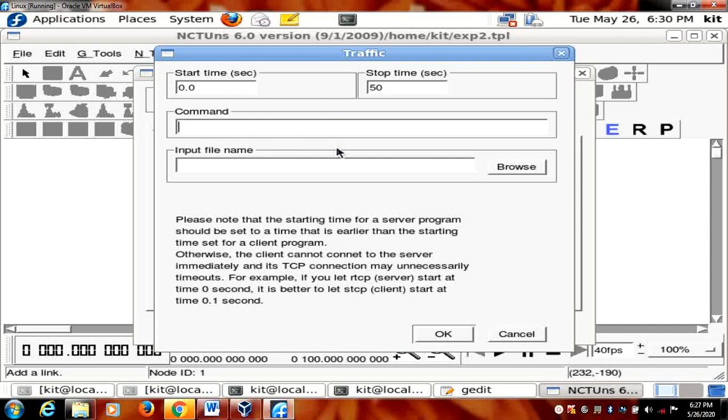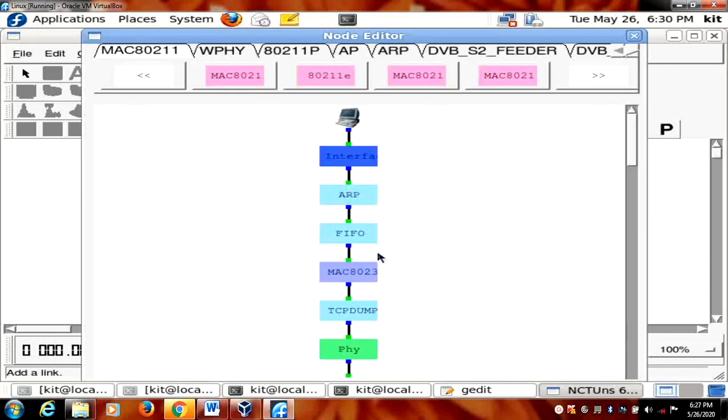So this is a TCP agent, so I will give a TCP command. TCP space minus p space 7000. Again I am choosing the same port address, minus l here space 1024 space 1.0.1.3, destination address I am giving here. Making OK, I will go for node editor.